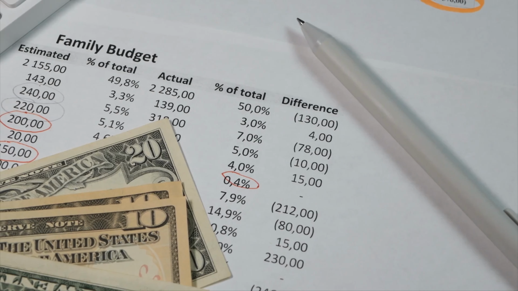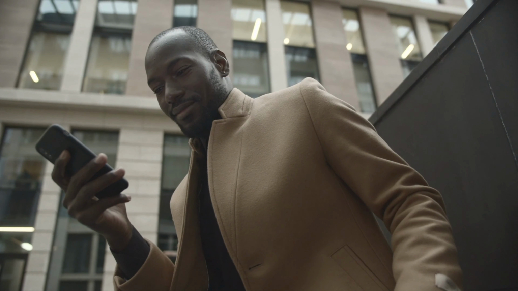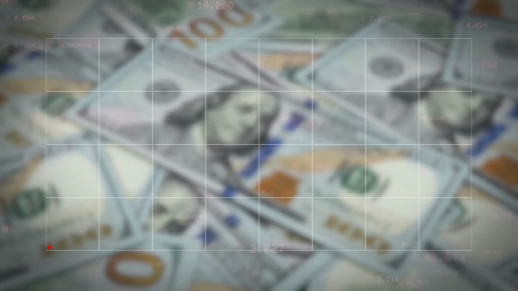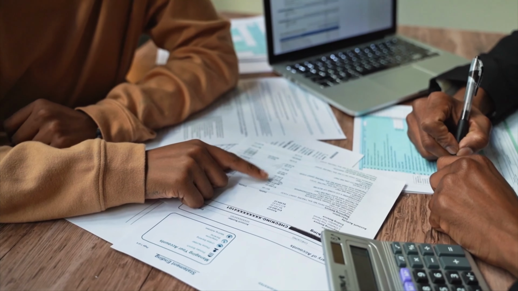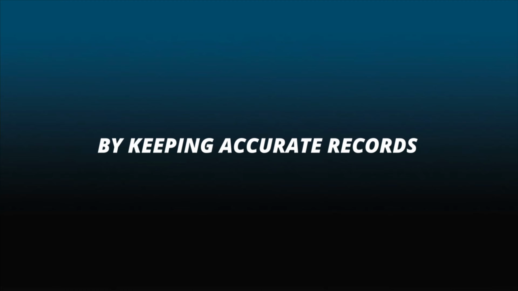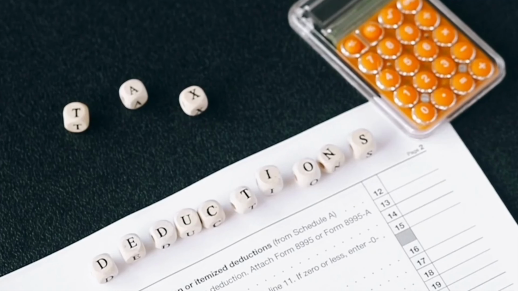There are many tax deductions and credits available for small and large businesses, and taking advantage of them can help reduce your tax obligations. The first step in tax planning for small business owners is to keep accurate records. This includes tracking all business-related expenses, keeping receipts, and maintaining a separate business bank account. Always remember to keep your personal accounting completely separate from your business accounting. By keeping accurate records, you can ensure that you claim all the deductions you are entitled to and avoid any